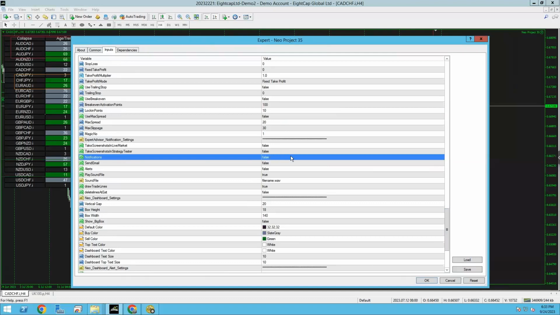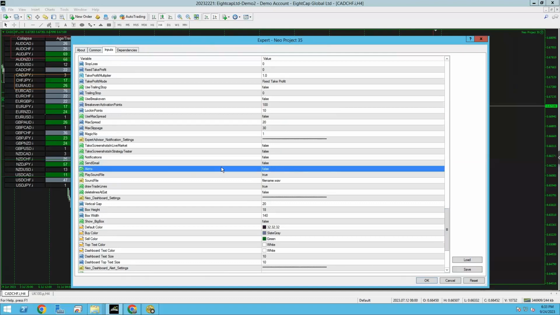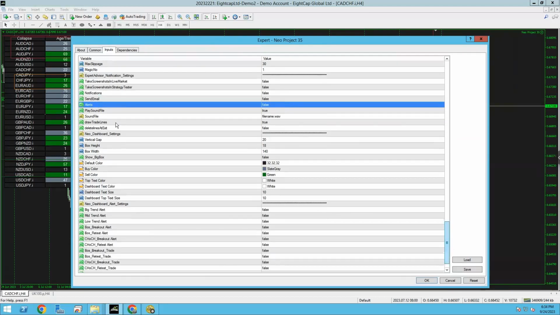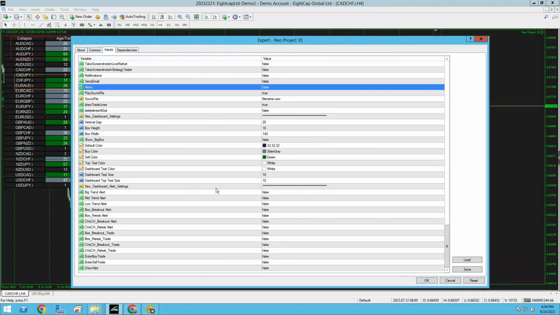Some people probably already have this on. And then you want to set on your alerts to true as well. So notifications and alerts. So this is going to give you your alerts for what I'm about to teach you. Then the next thing you want to switch on after you switched on those alerts. So two things in there. You just want to switch on this right here. Where are we? Right here.